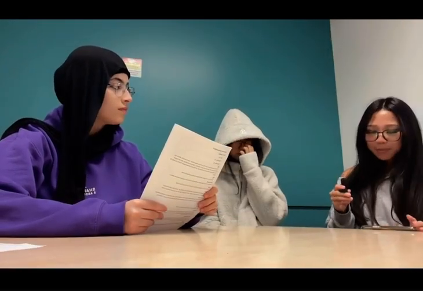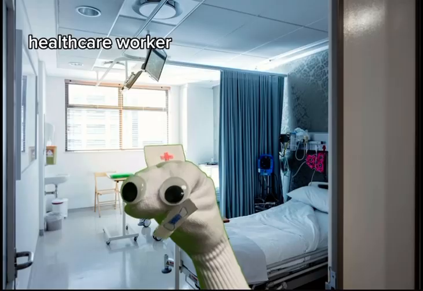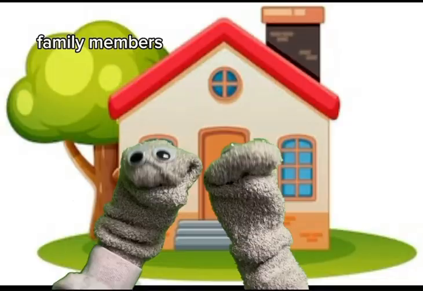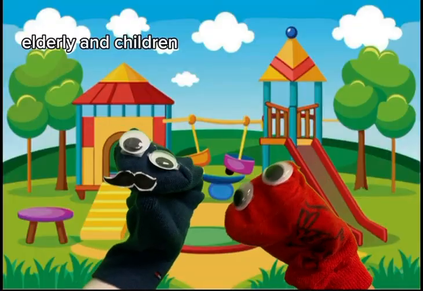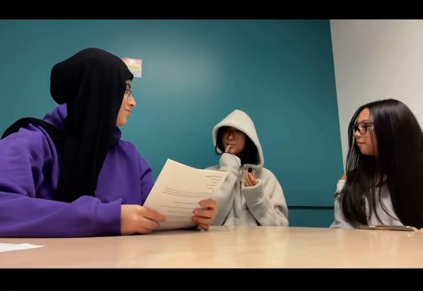So are certain groups more at risk than others? Yes, people in areas with active outbreaks, healthcare workers, family members caring for sick relatives, and anyone without protective equipment are at the highest risk. Children and the elderly often experience more severe symptoms. From my perspective, anyone who has close contact with infected fluids is a target. That's why proper protection is so important.